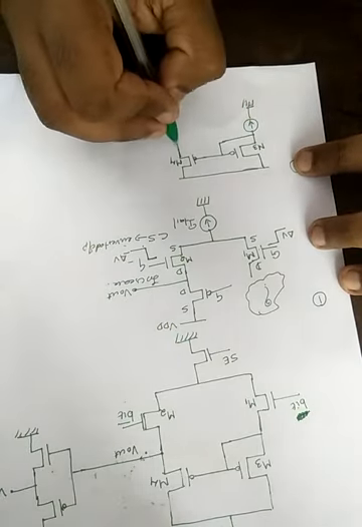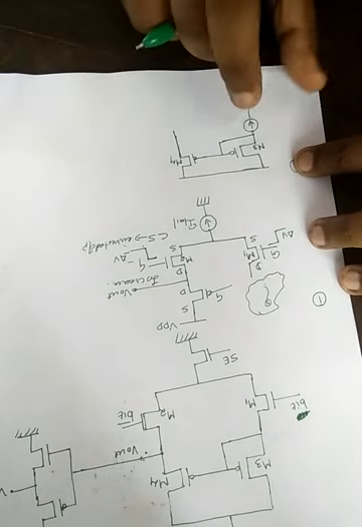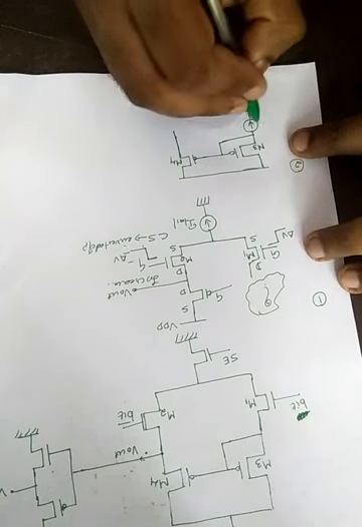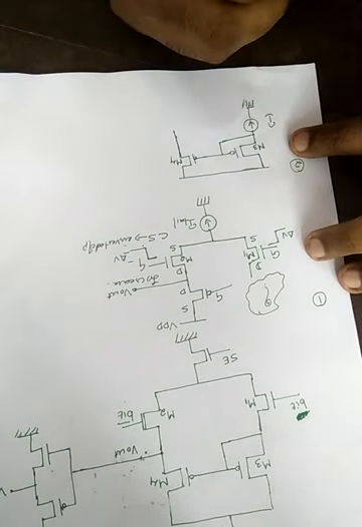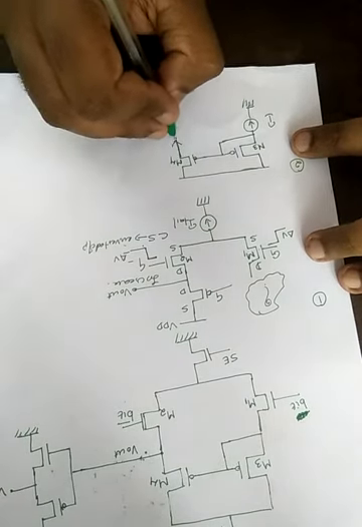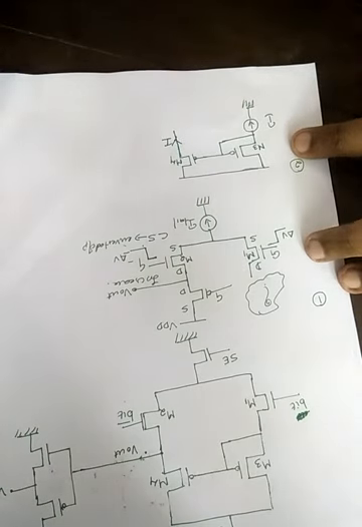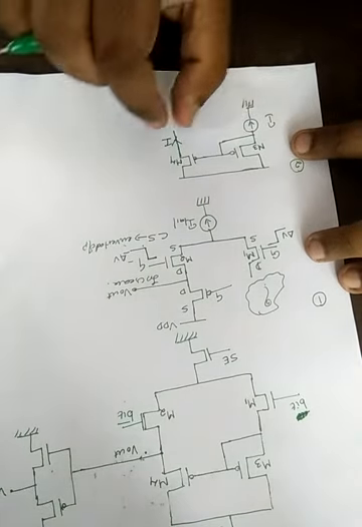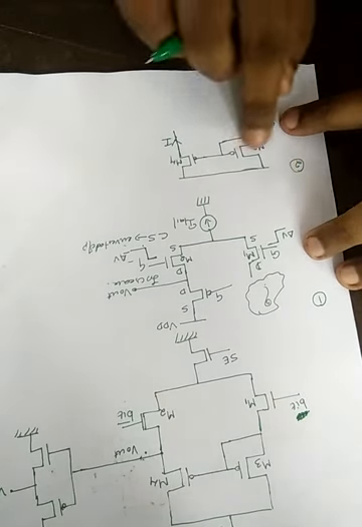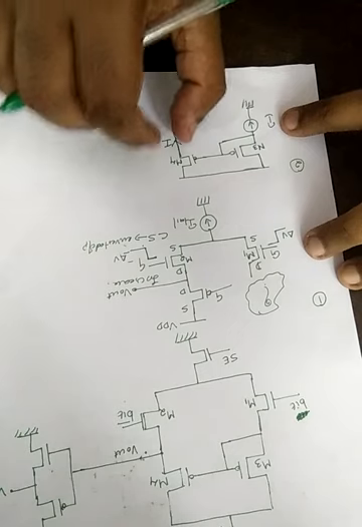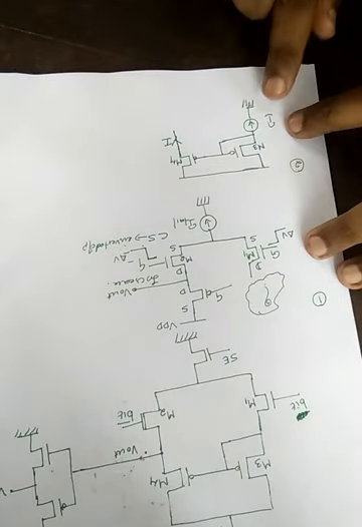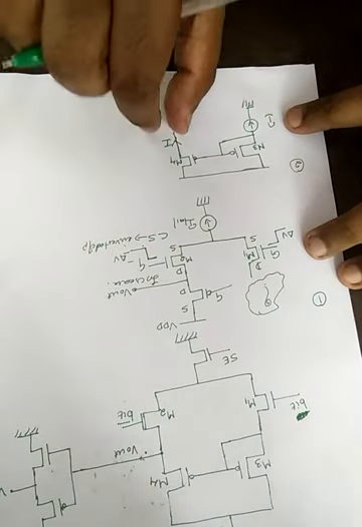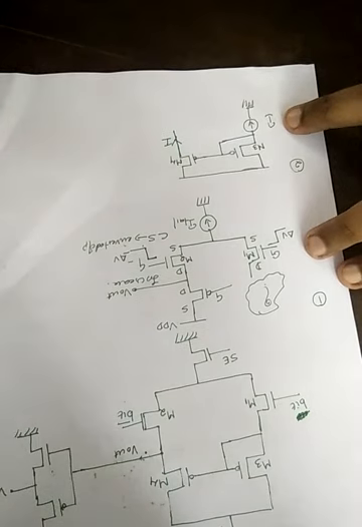For the time being, just keep in mind that it is capable of copying the current from one side to another side. So if I mark this current as I, as you all know, this one is a current mirror. Simply, we can write this current as I itself, because this circuit is a current mirror, and this current is copied. If 2 ampere current is flowing through this current source, then what will be the current through this arm? It will also be equal to 2 ampere. If it is 3, this 3 is copied to this one. If it is I plus delta I, the current flowing through this path will also be equal to I plus delta I. That's a basic thing that you should keep in mind.